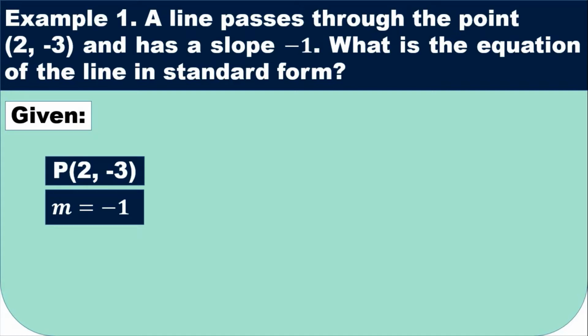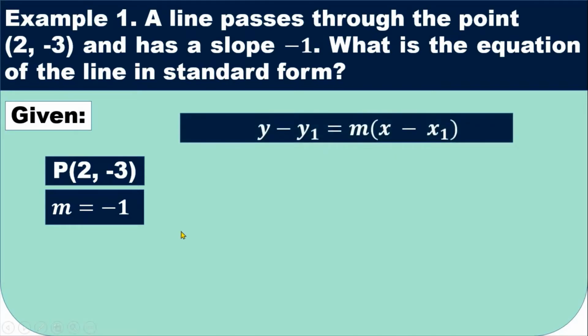To write the equation of the line using this information, we will use the point-slope form of a linear equation in two variables, which is y minus y sub 1 is equal to m times x minus x sub 1, where x sub 1 and y sub 1 are the coordinates of the given point, and m is the slope. To use this form, all we have to do is to plug in these values, so that the resulting